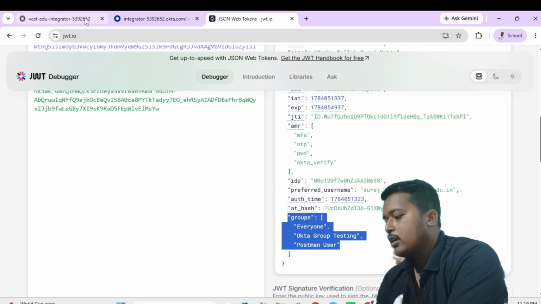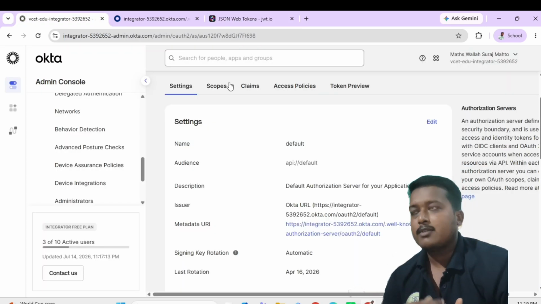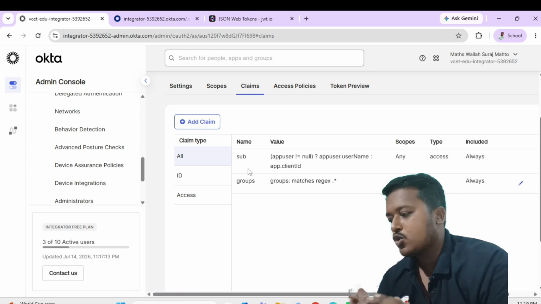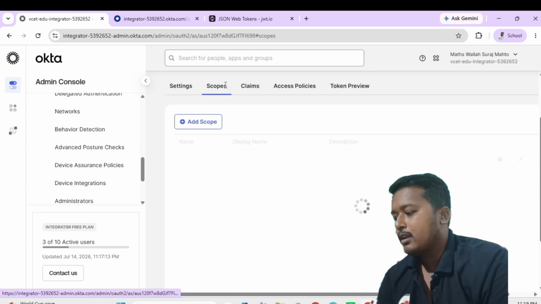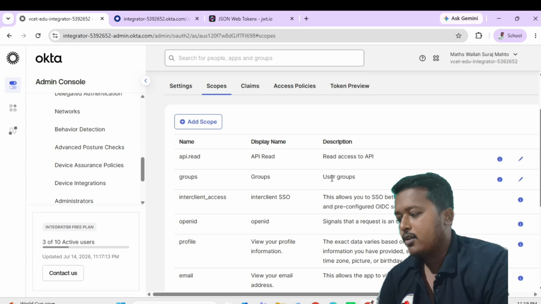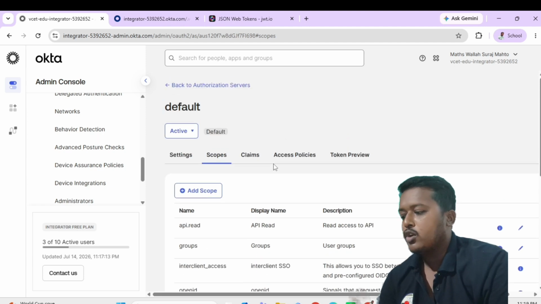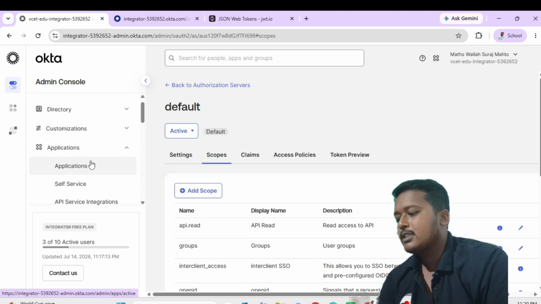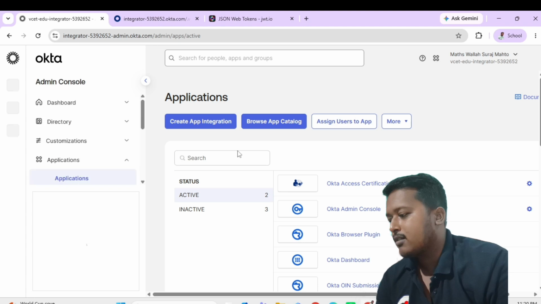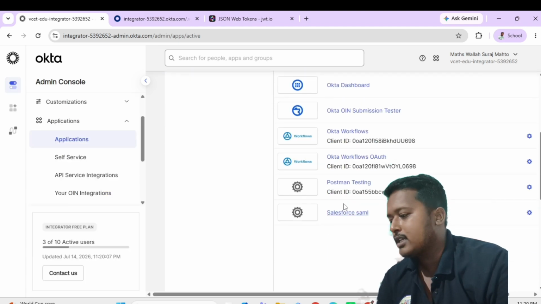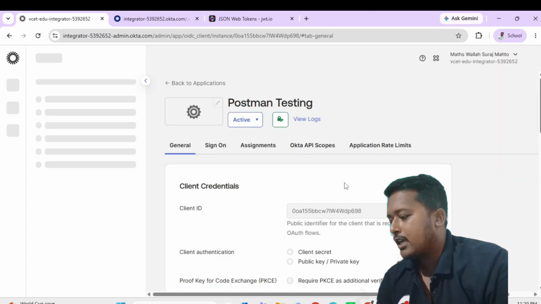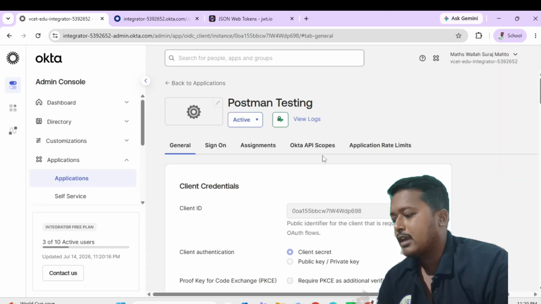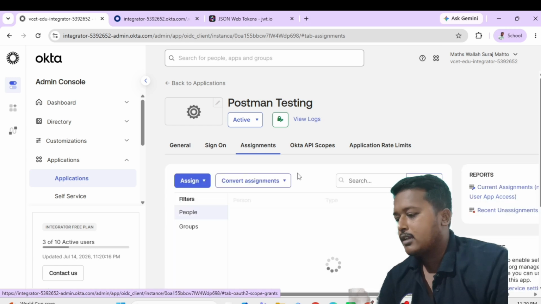And also if you get any error while receiving group claims, please go to the scope part and group part again in my intro video, the starting video, and you will see what you need to configure. Please validate it, and after validating, I think you will get it. Also, your application should be assigned the group. If I check my application here, in the assignment section, the group must be assigned there. As you can see, three groups are assigned there and that's why we get three claims there.